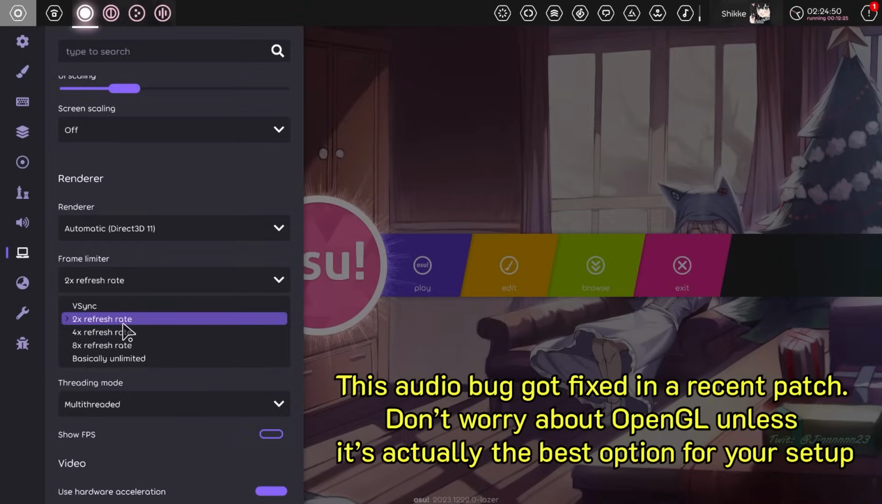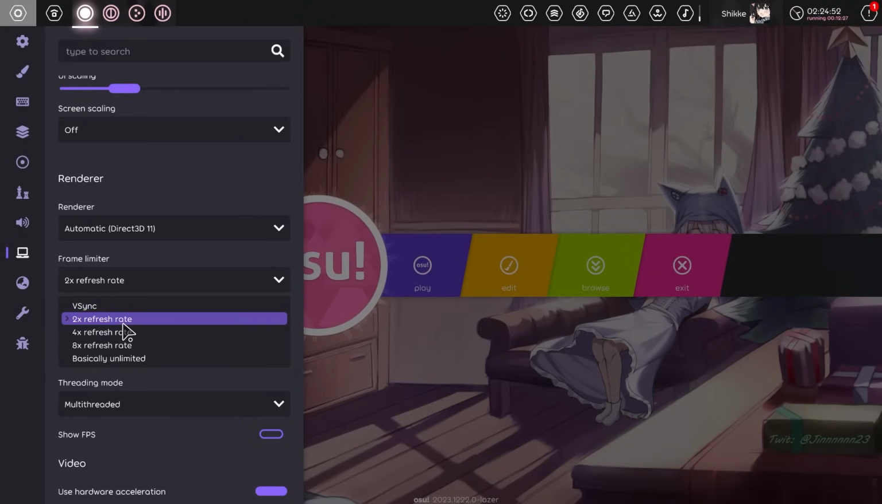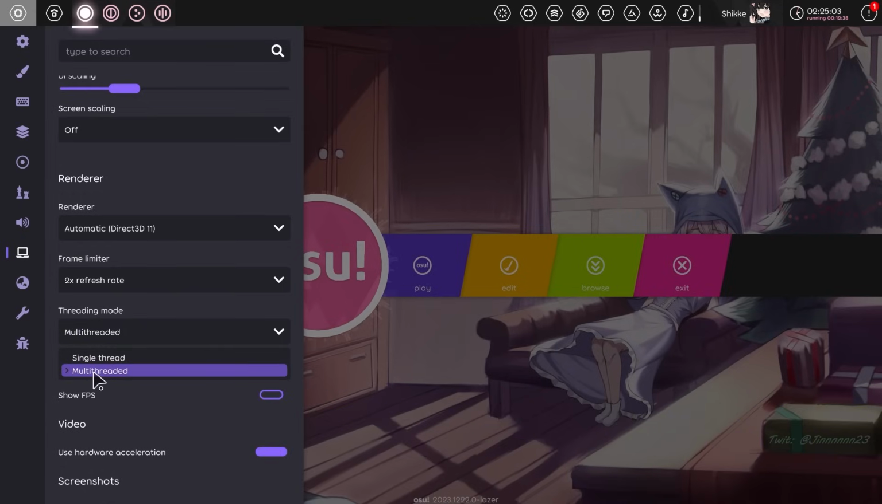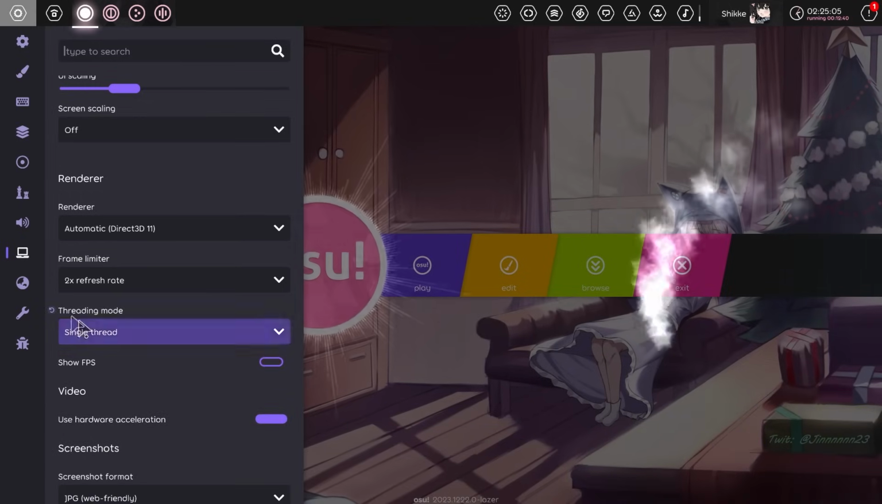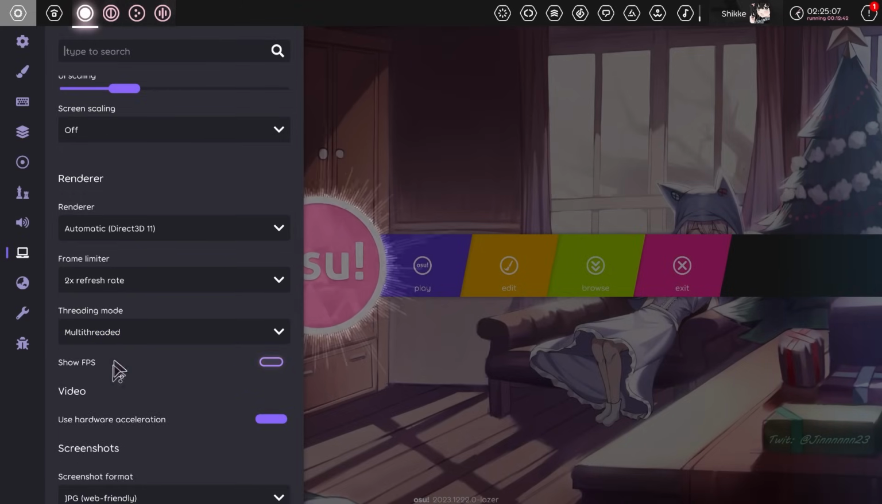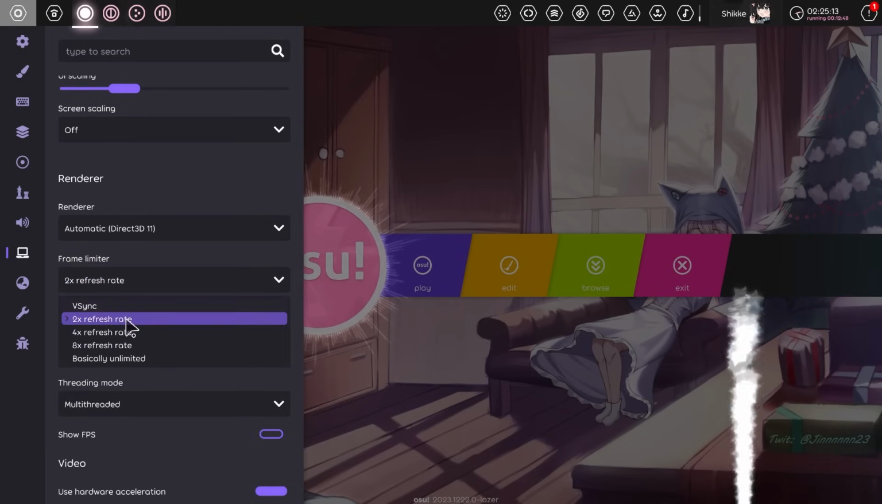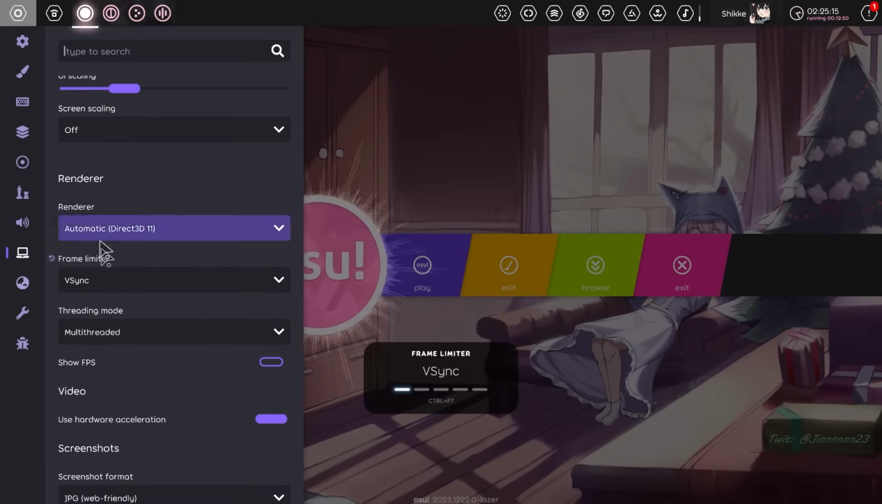So now here for frame limiter, I just recommend you to really use VSync or 2x refresh rate. I know in osu! stable it really matters the FPS that you get, but here in lazer it really does not matter. Even if you had 60 FPS in lazer, it really doesn't matter. The reason behind this is because if you have the threading mode set to multi-threaded, your inputs will always be tracked at 1000 Hz of polling rate. So basically, even if you have 60 FPS, your inputs and everything will be tracked as if you had 1000